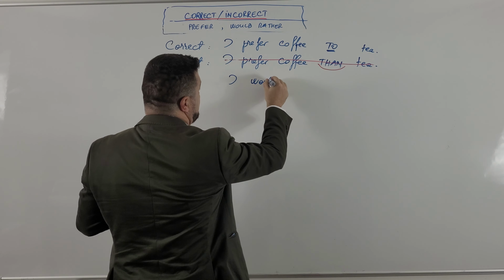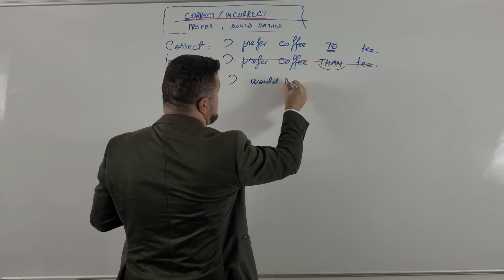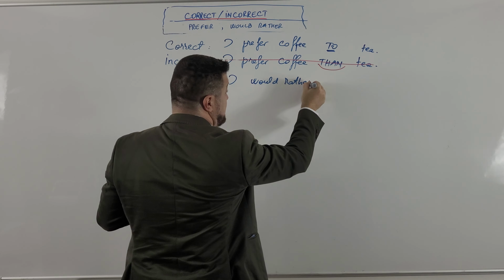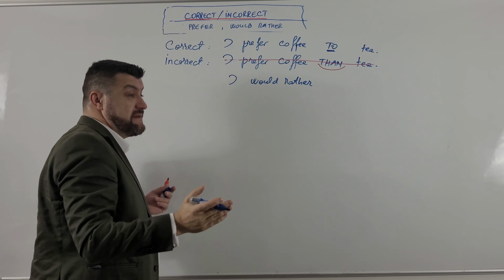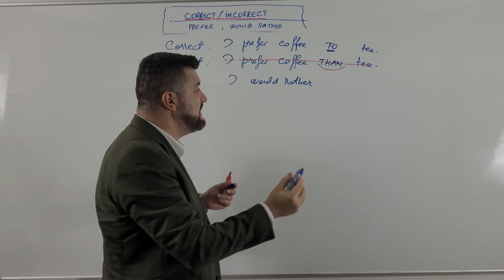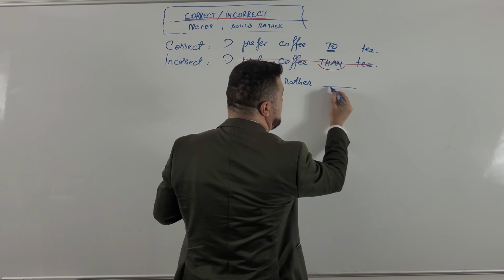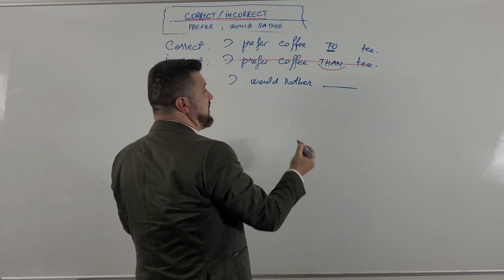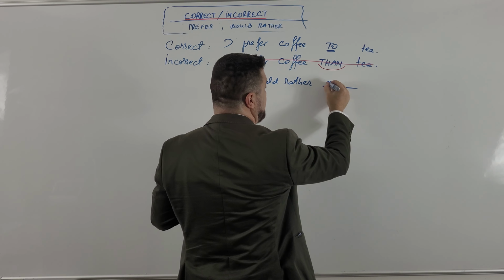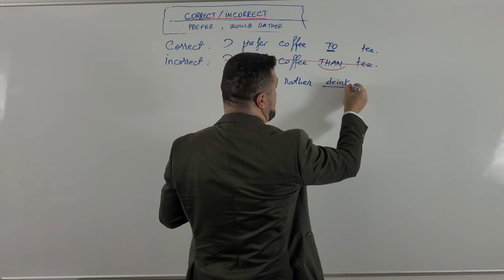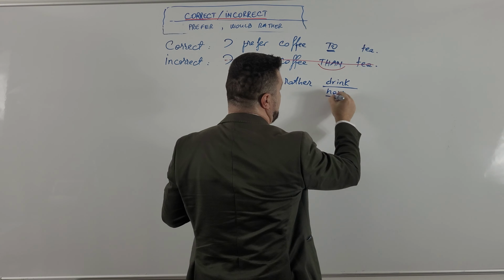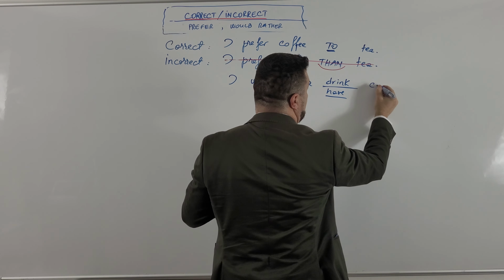Would rather exists only with the same meaning. Would rather and prefer are the same, but would rather needs a verb here. So I would rather drink, or I would rather have, okay, coffee